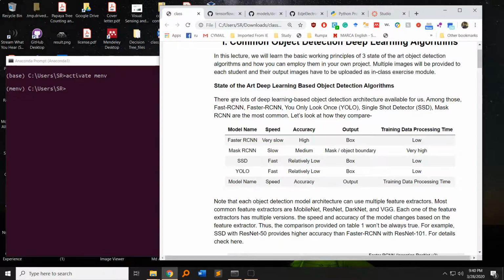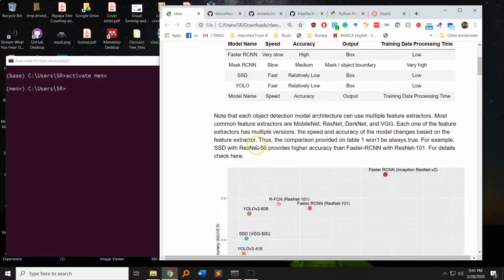And each of them come up with different accuracy, different outputs, and different speed. Usually FastRCNN provides very high accuracy, but it's quite slow. On the other hand, SSD and YOLO provides really fast speed but relatively low accuracy. So